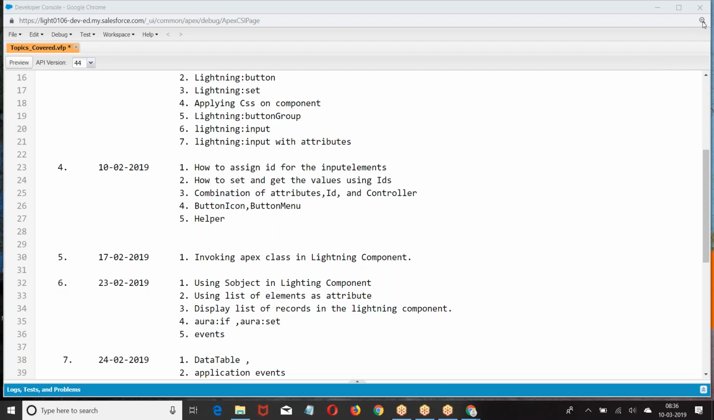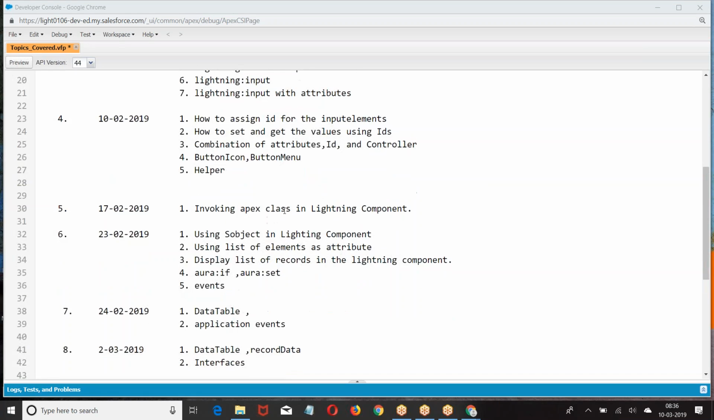We got IDs. Based on the ID, we are setting and getting it. Component dot find ID dot set v dot value. Component dot find ID, okay, get v dot value. Then we are given button icon, button menu,